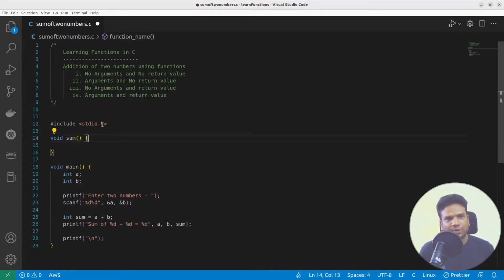as sum. Okay, so try to give meaningful names, so that if any other person outside comes and sees your program, he or she must be able to clearly understand the function by looking at the function name itself. Okay, sum, and no return value and no arguments. I'm not going to pass any arguments. So as I'm not going to pass any arguments and I'm not going to return anything from this